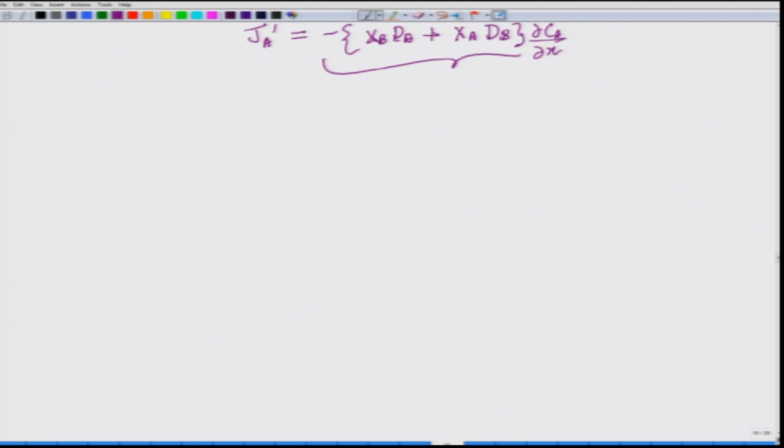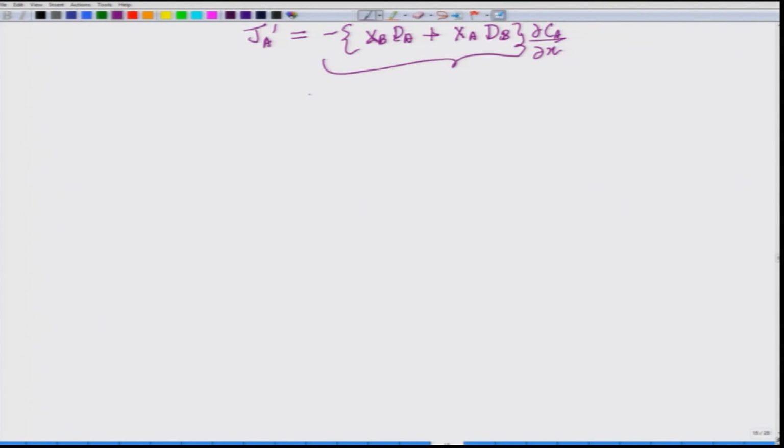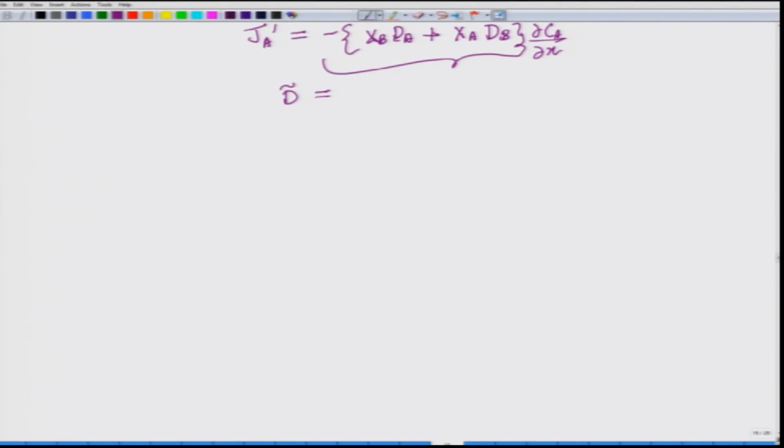Now, this quantity is a combination of two diffusivities, and this is usually termed the interdiffusion coefficient. Interdiffusion means something related to the diffusivity of A in B. The diffusivity of A in A is different, the diffusivity of A in B is different, and the diffusivity of A in C is different. So we have to be careful, and therefore this quantity is being predicted only for the diffusivity of A in B, and therefore this is written like this.